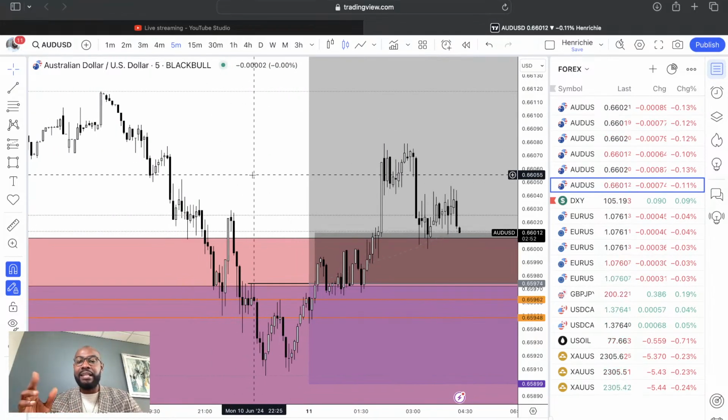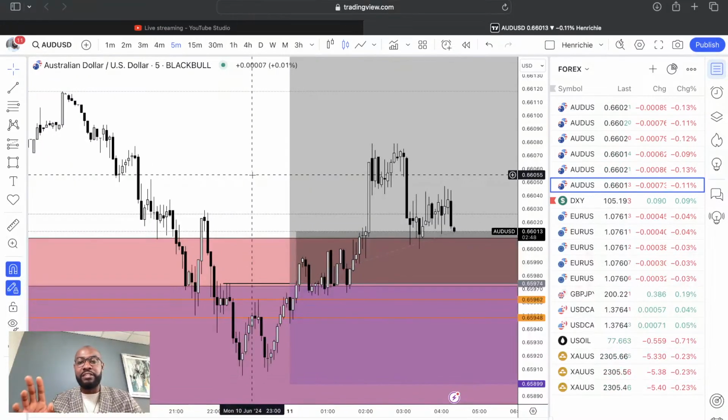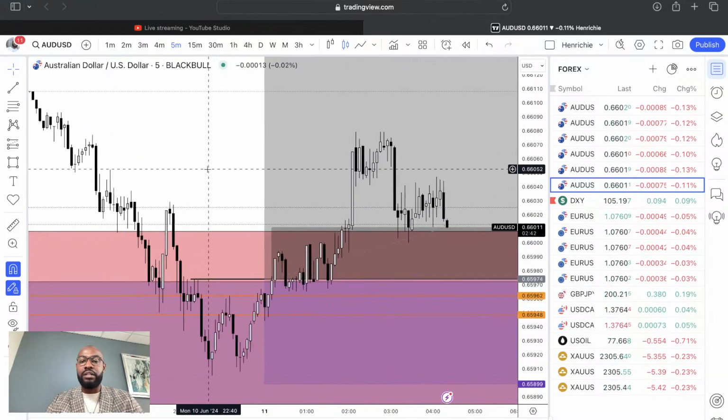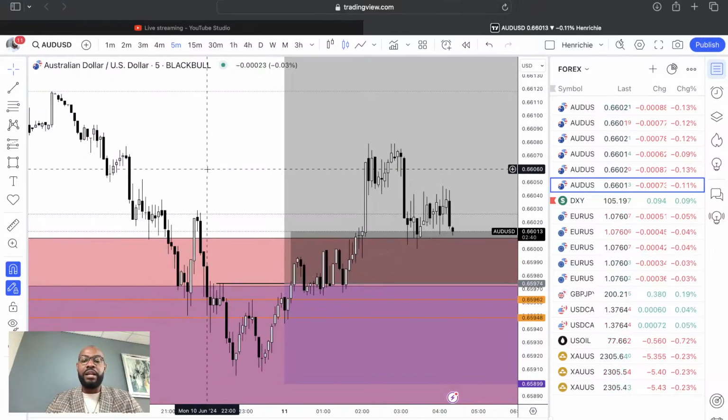It's just when I see it, I take the trade and I share with you as well what I'm taking, my entries, stop loss, take profit, and everything. So that is my analysis on Aussie and also on the dollar as well. If you do have any questions, feel free to drop them in the chat. So in the next session, we're going to look at other pairs.